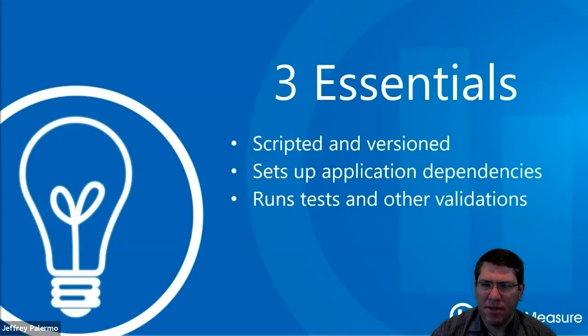Okay, so let's take them one by one. The first one, scripted and versioned. This cycle within the code layer in our DevOps onion is aimed at letting you know if it's even worth committing what you just changed in the code to Git. A server build of any sort is kind of irrelevant here. Since this private build process varies over time, it must be versioned with the application. And all team members should share and use this private build script. It is a team asset. It's in source control with your application. And I'll show you an example of one later.